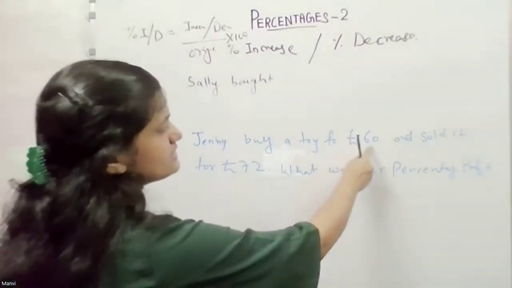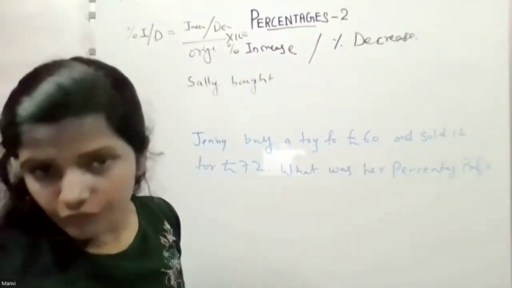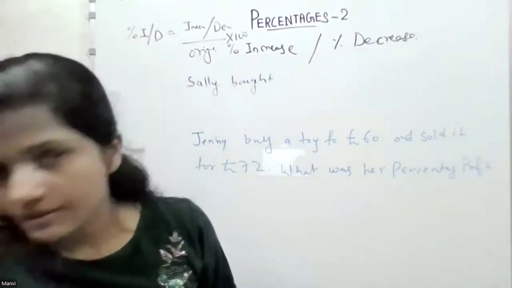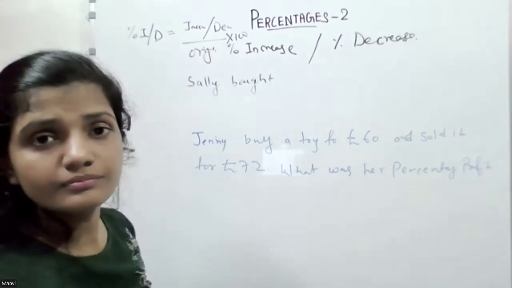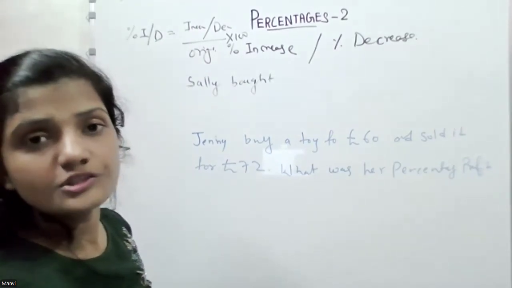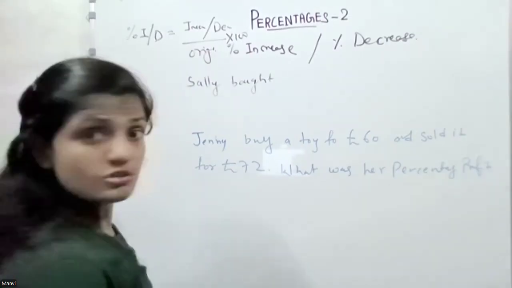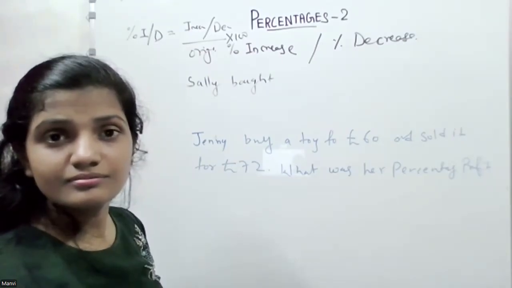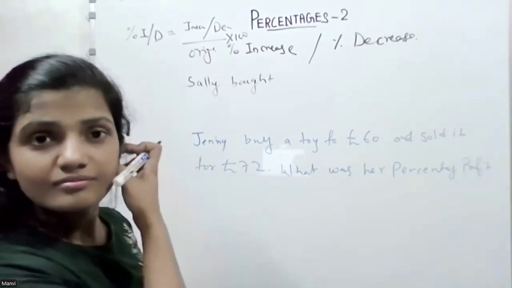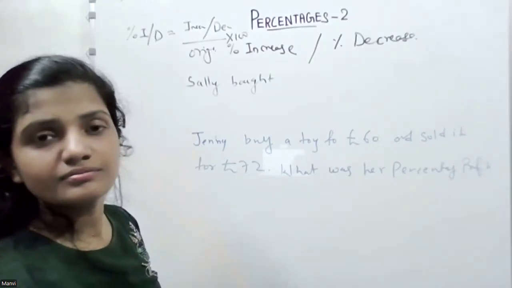See, buy at 60 and sold at 72. So how much profit does he get? 12. So you need to write those 12 on the top. And on the bottom what? The bottom is 12 by 72 times of 100. 72 is the original. I mean 60, the buying price. Please simplify then. Oh, the answer is 20%.